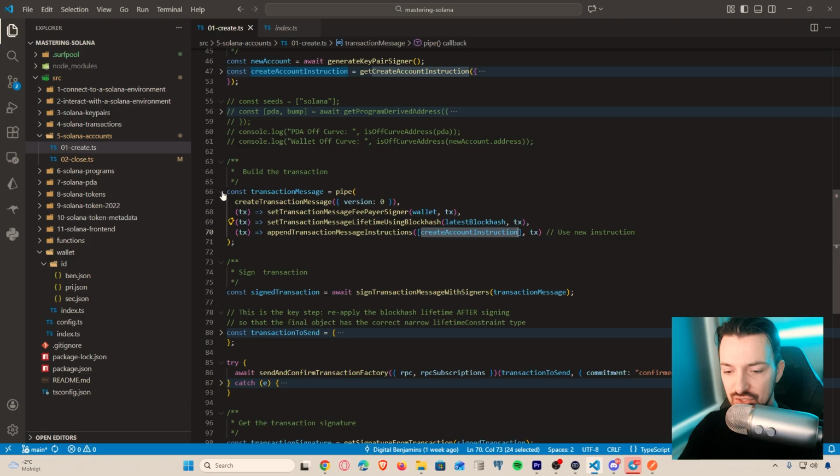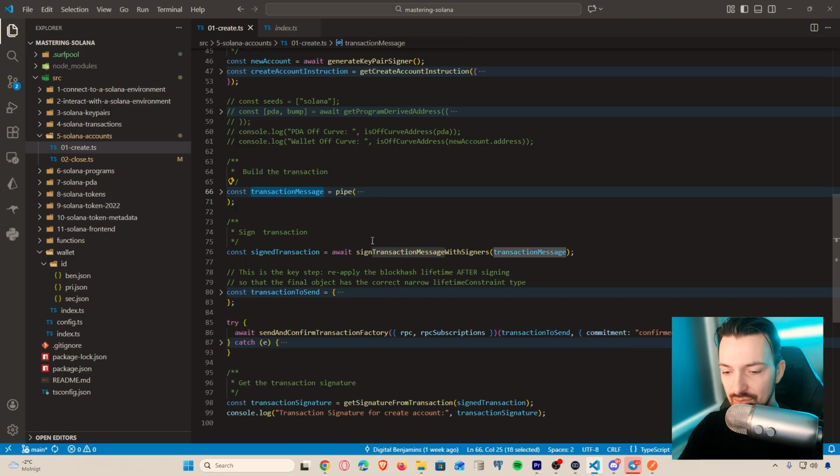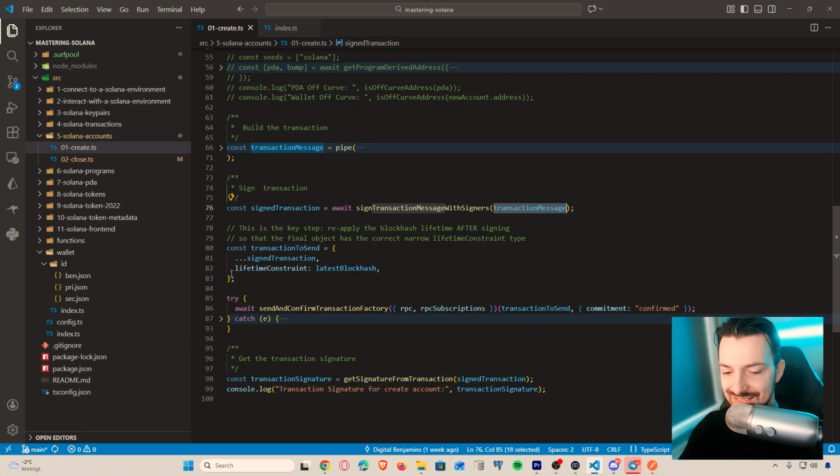So now that we have the transaction message, what we will do is actually sign it. We can do that using the function signTransactionMessageWithSigners, and we provide the transaction message. And then we have a signed transaction. Now I tried to add that signed transaction straight into the function sendAndConfirmTransactionFactory. However, I got some TypeScript issues thrown back at me. So what I do here is take that signed transaction, I spread it, and then I expand the type here and set the lifetime constraint, and then I provide that latest blockhash once again here. And then I have a transaction to send object that I can provide to this function here,